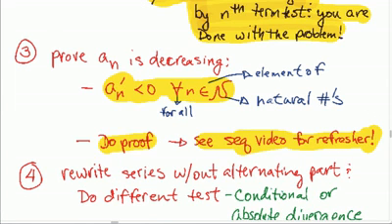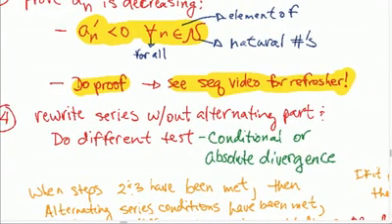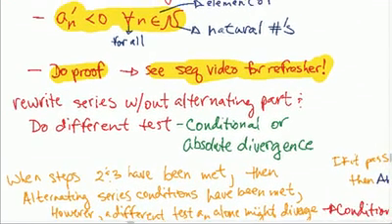All right. After you do that, you're going to rewrite the series without the alternating part and do a different test, something that's not alternating series. What happens is sometimes you'll meet both 2 and 3. It'll be a decreasing series and the limit will equal 0. However, if we drop the alternating part and do a totally different test, whatever test you choose, a sub n